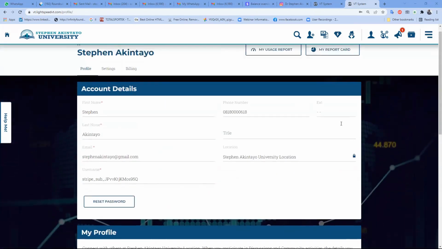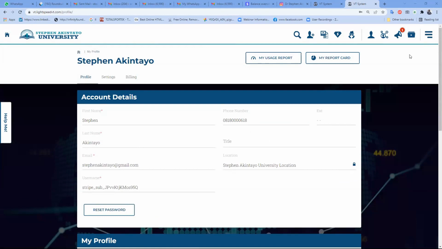So what he's basically saying is that different people here register. Some people register for 1 month, some for 6 months, while some for 12 months. But if you don't want to register for any of those different durations, you want to register for lifetime, you want to have access to God knows when, you can also register for that. That is not on the platform yet. It's an in-house arrangement if you want such a thing, just like lifetime mentorship with Dr. Stephen Akintayo, where you get to be mentored for life and you